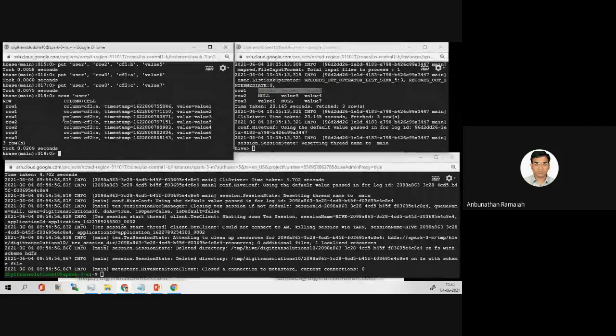Then in the row 2, value 4 and 5 we copied. So in the row 2, column family A, the column family 1 under A, nothing is stored. That is why null is coming. Null value is allowed. In SQL it will give error, but here no, it will not give. That is the advantage of NoSQL.